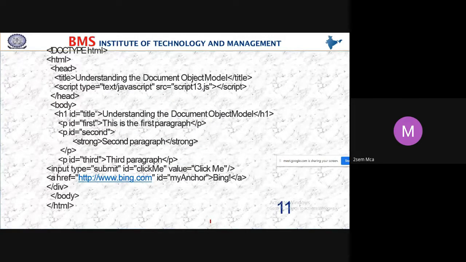This is one small example, students, according to the structure. So first the doctype HTML, head tag, under the head tag the title tag, and after the title tag the script tag.